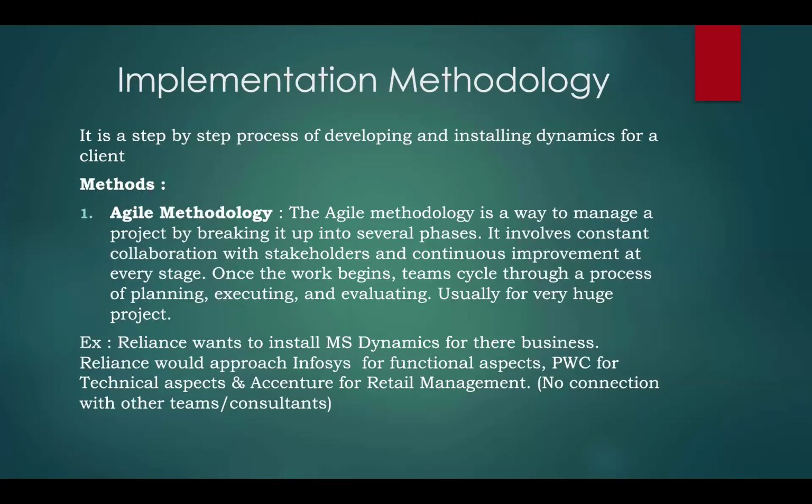But in agile methodology, most of the time all these phases, phase one, phase two, phase three, right, instead of that, they will divide all these across the departments, and every phase will be continuously working in parallel. When I say continuous, it's parallel, all these departments will be continuously working. This is mostly used for very typical and very big projects where the dependency is very clearly defined, and the action items are very clearly defined for each and every department.